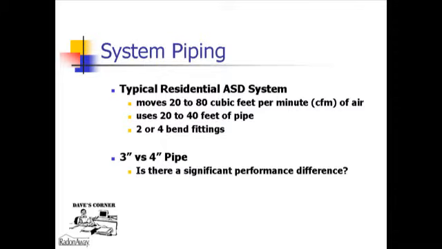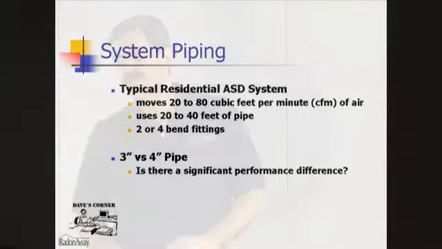The question that we're asking here today is system performance and how it's affected by your piping design. And is there a significant difference between 3-inch pipe and 4-inch pipe when used in a residential system? One of the methods for determining system pressure loss is called equivalent length method. Now, equivalent length